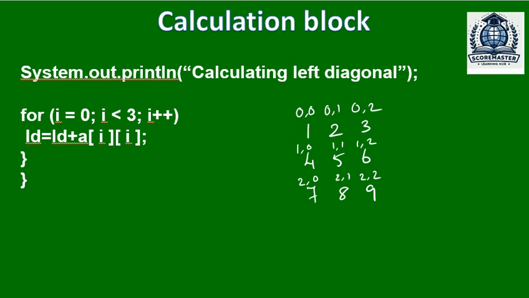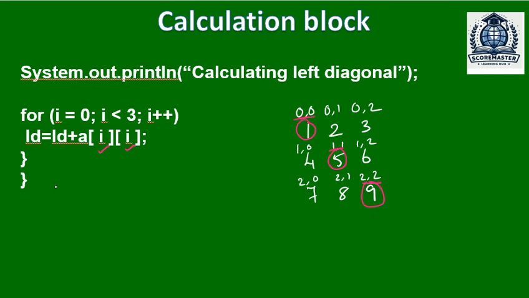Now I want only the left diagonal elements, that is this one and this one. If you see the index values 0,0; 1,1; and 2,2. That is the reason why I am writing LD = LD + A[i][i]. It will be the same elements throughout: 0,0; 1,1; and 2,2. But when you go with the next slide,